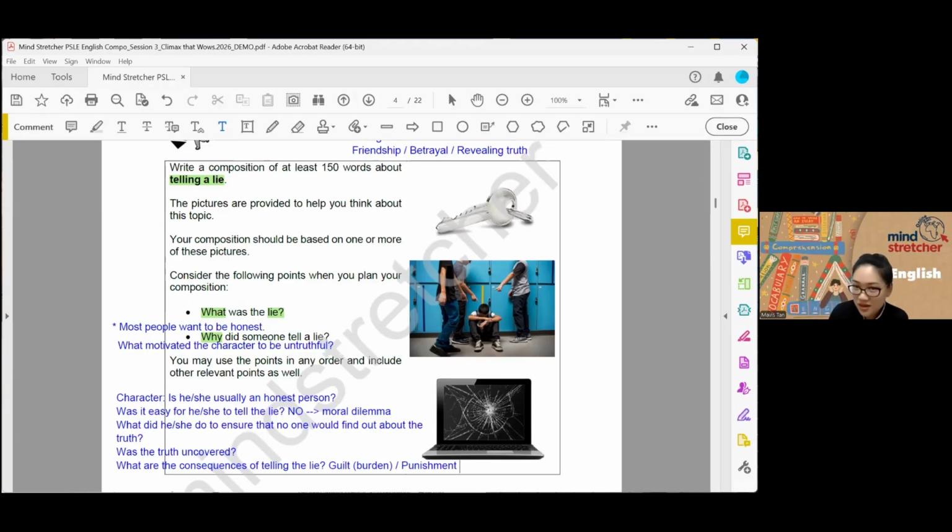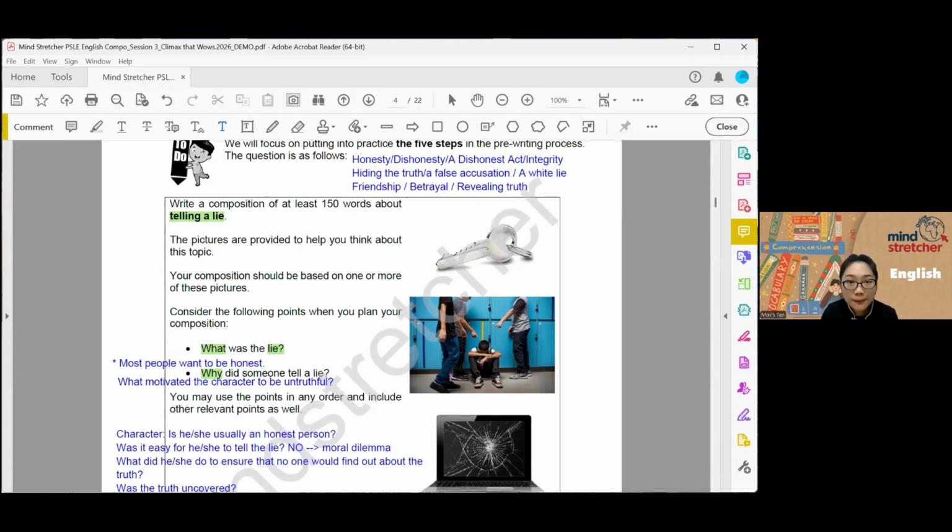There are 3 pictures given, a key and objects. There are 2 objects here, the key and the laptop, but this laptop is just not a normal laptop, it's broken. Okay, so we have a key, a broken laptop, and the second picture is not an object. The second picture is a scenario that includes human beings, right? And they are behaving, they're gesturing in a certain way that requires you to infer what's happening.